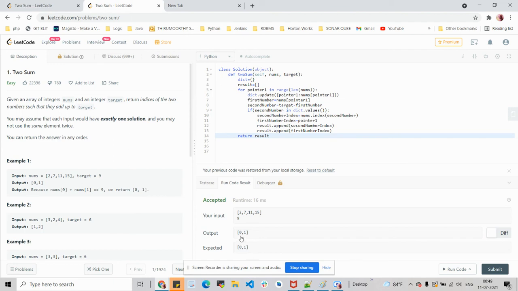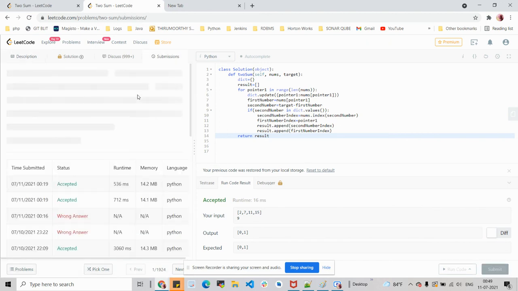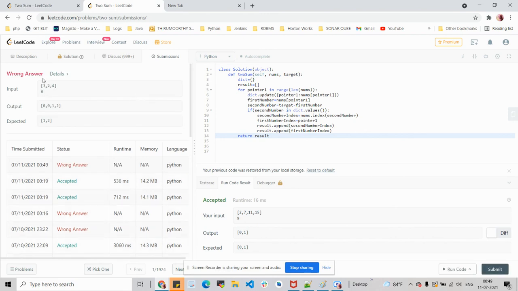So if you see, the expected output is 0 and 1, 0 and 1. So for this given test case, we have obtained the expected output. Now let me try to submit the code to check if all the test cases are getting passed. Oops. So it says a wrong answer for one of the test cases. Okay, let me see what is the output. Expected is 1 comma 2, which is our second one, but it says 0 comma 0.